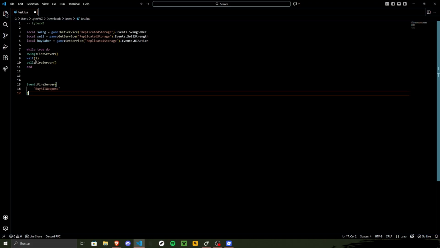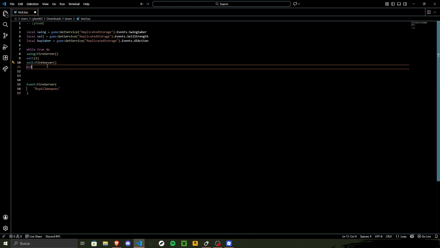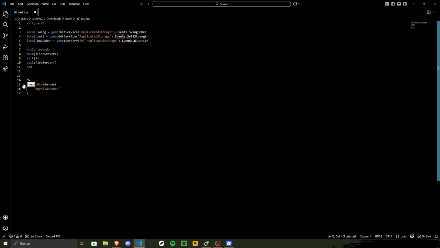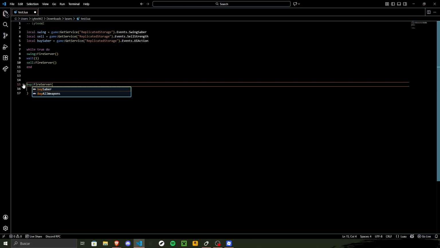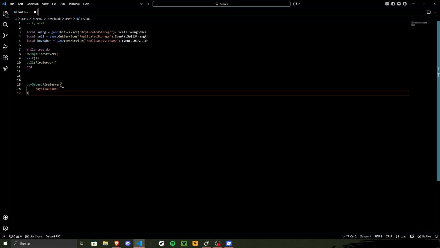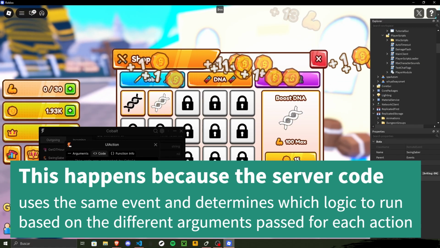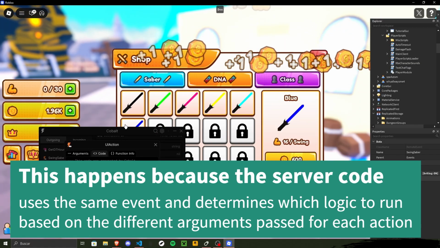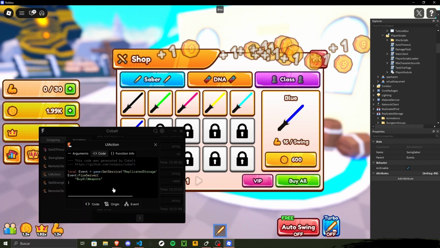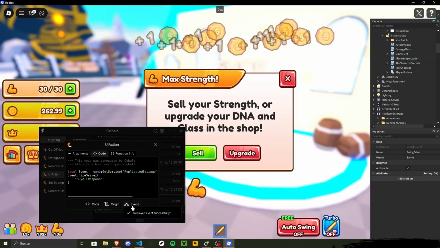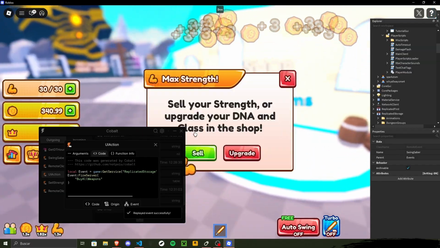The first one instead is firing the server our remote event cell passed, but this second one, buy saber, is passing to the server the buy all weapons argument. We are going to test it to know if we are in the correct code. Yeah, as you can see, we bought